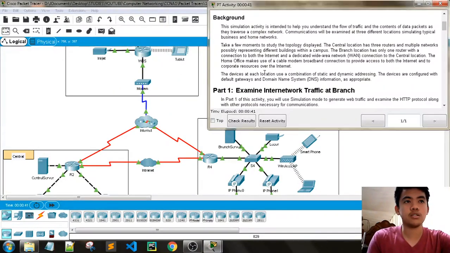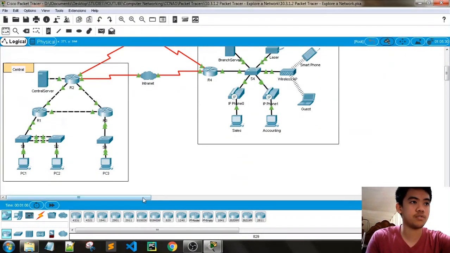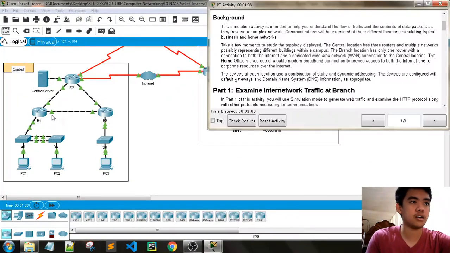The background is that this simulation activity is intended to help you understand the flow of traffic and the contents of data packets as they traverse a complex network. Communications will be examined at 3 different locations, simulating typical business and home networks. Take a few moments to study the topology displayed. The central location has 3 routers, connected by copper straight-through